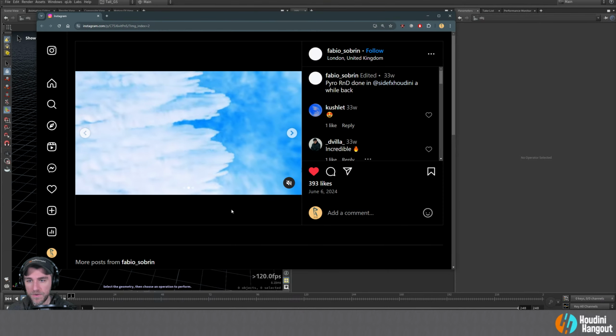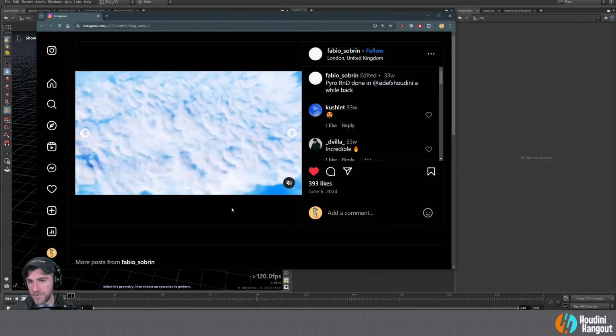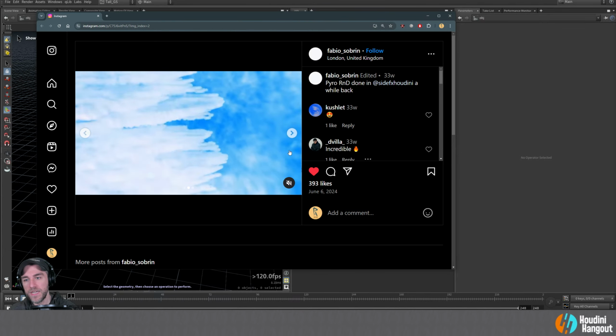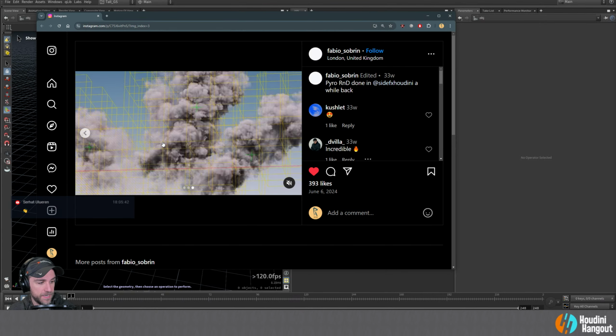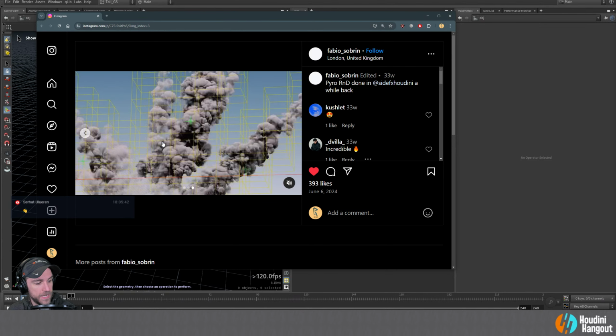There's this one here, which was some trails and things like that. It's pretty straightforward. This one's pretty similar to this one here, which is actually just